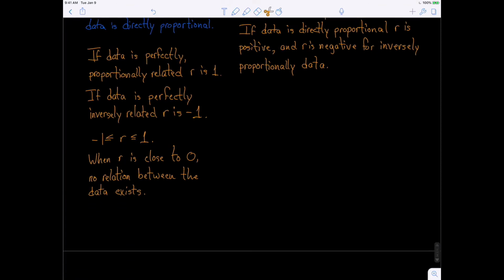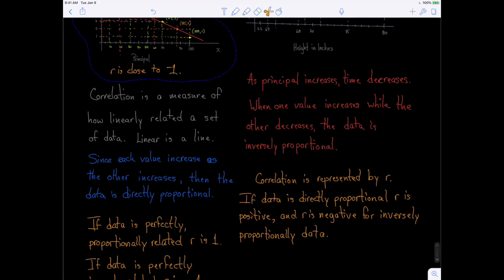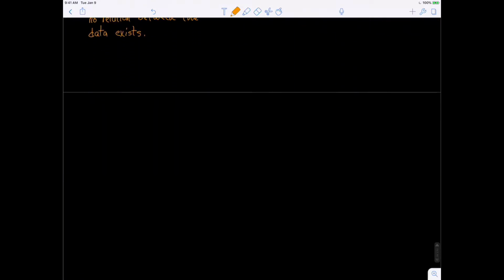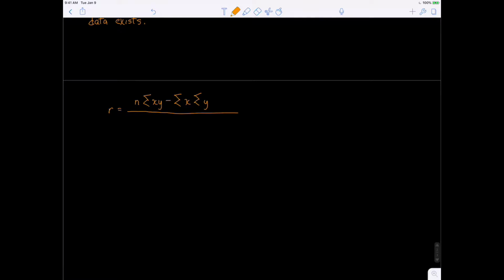So let's come down here, and I'm going to use my pencil to first give you the value of R. So here's what it is. It's a big formula. It looks like this. It says R is equal to n times the sum of the xy's minus the sum of the x's times the sum of the y's. And now it's going to be divided by, and it's this big division problem,